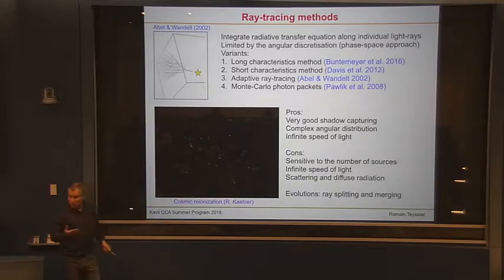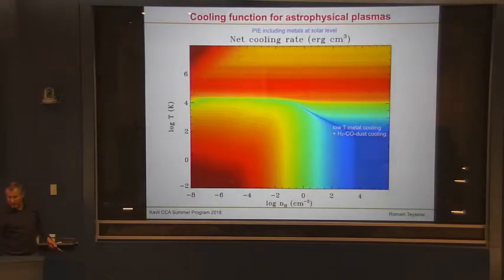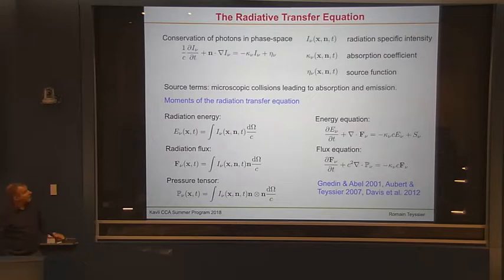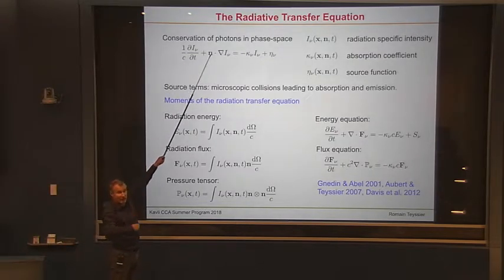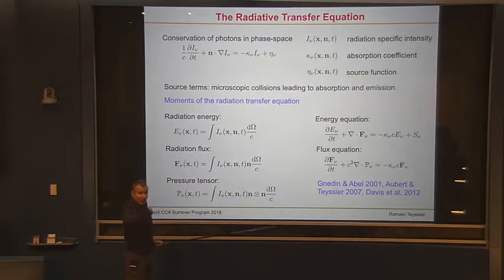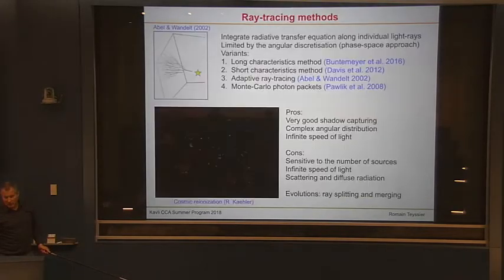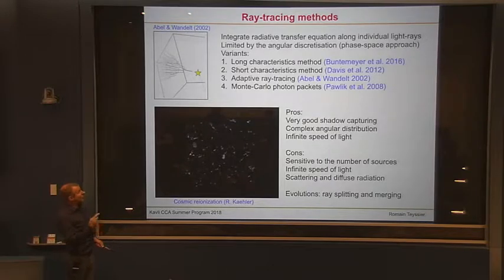And then what you do is very easy. You just integrate this equation along one light ray, which is given by this n vector. And then you integrate this, so it's very easy to do, right? Along the light ray. Right? Of course, you have to do a lot of those integrations because you have a lot of those long characteristics, and that's the expensive part. Right? And if you don't use enough light rays, then it's going to be weird, right?